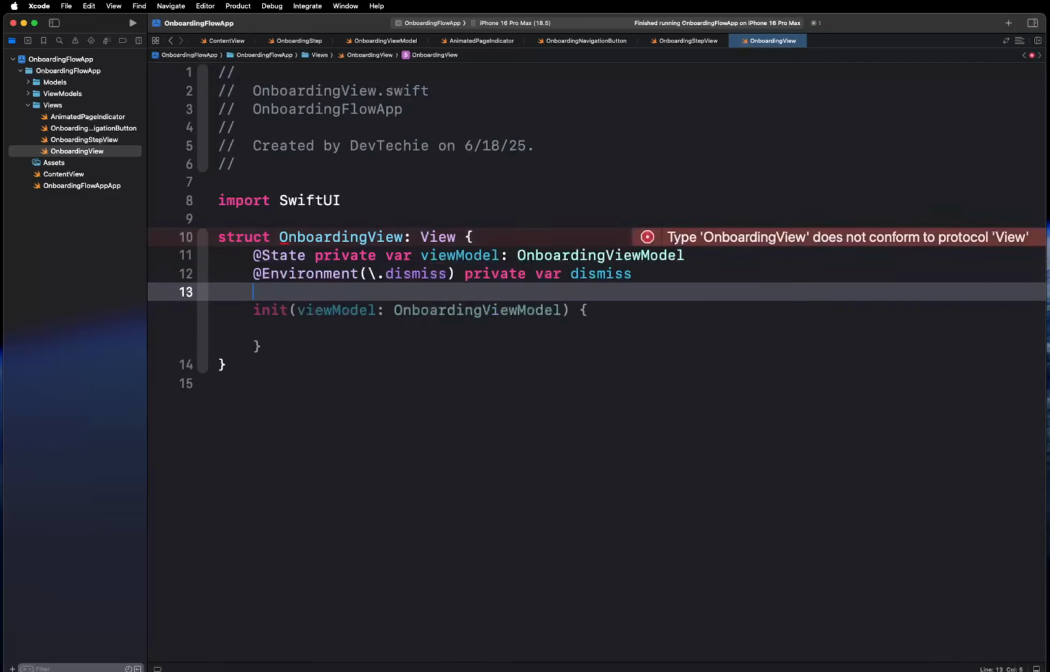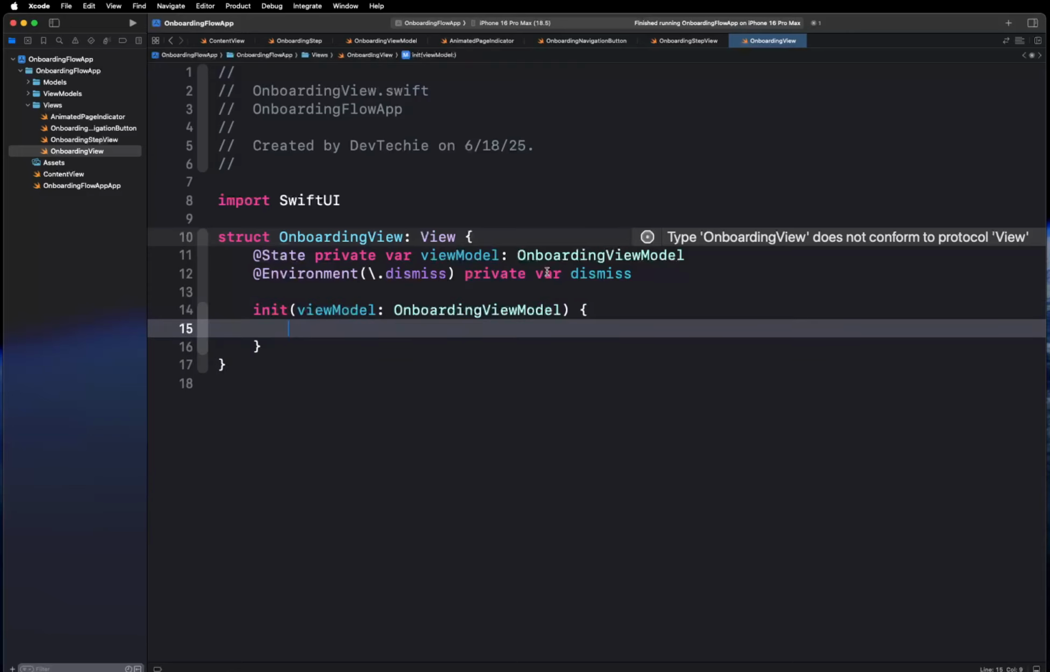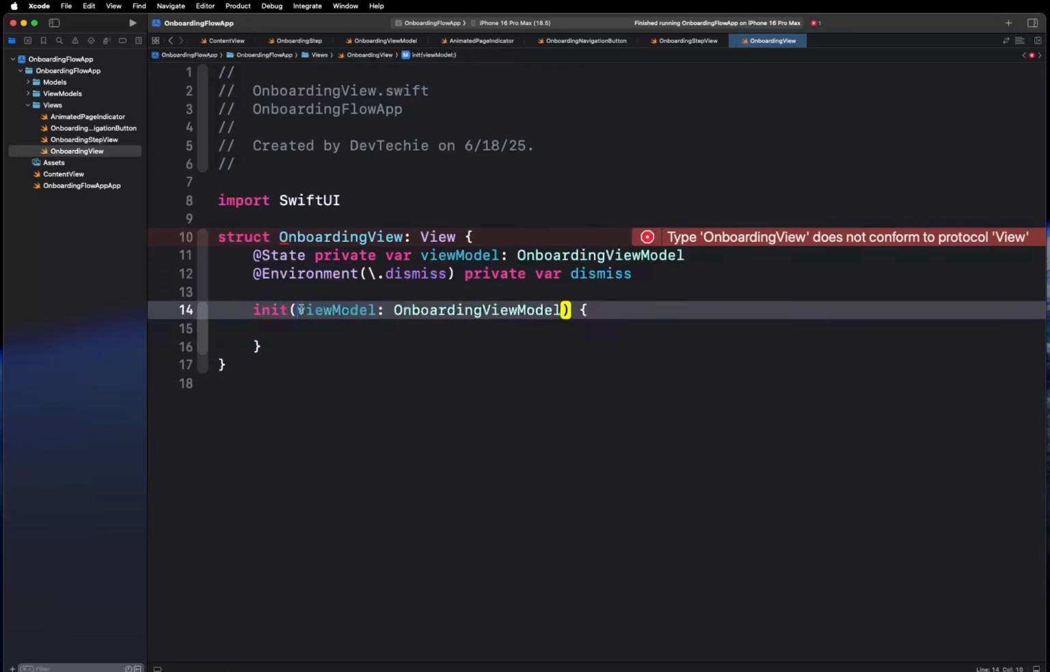Okay, next we are going to create the initializer. This initializer will prepare the view model, passing all these steps and the closure function. So we're going to create our init, and this init should expect not the view model but the steps, which is going to be an array of onboarding step, along with a completion handler, so onComplete. We're going to provide a default for this, so we actually can let users skip if they don't want to